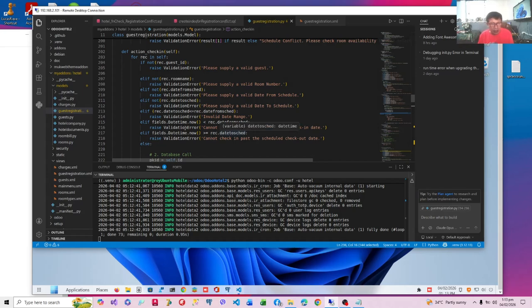You also cannot check in before the scheduled date. Because like checkout, you cannot check out after the scheduled date. You cannot also check in before the scheduled check-in. So that's a very important function. Conflict resolution is now included in our hotel system.